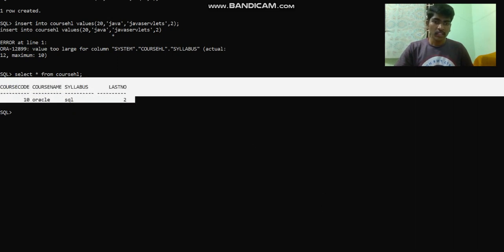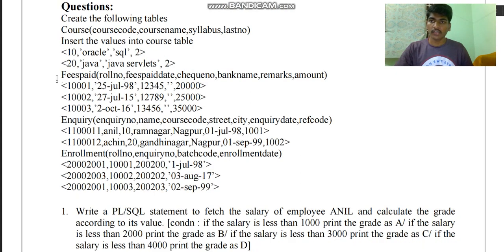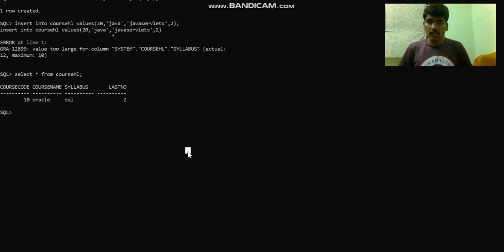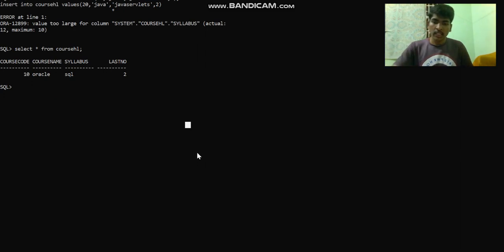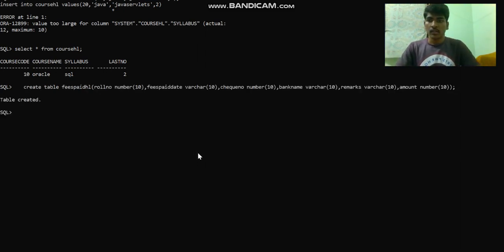Now we can see the next thing, that is the fees paid table. Same as we did before, we need to create the table. This is the fees paid table.